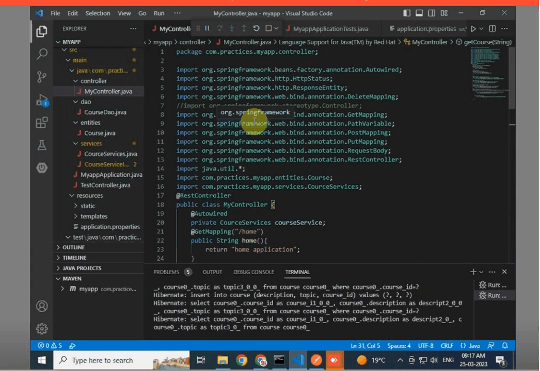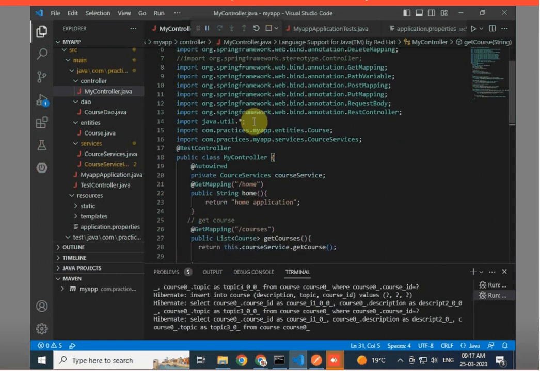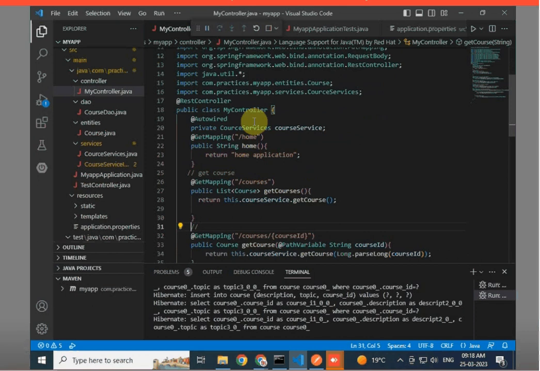My controller class is annotated with @RestController, which indicates that this class is responsible for handling REST API requests and responses. The @Autowired annotation is used to automatically inject the CourseService object into the controller. This is a service layer that performs business logic operations related to courses.